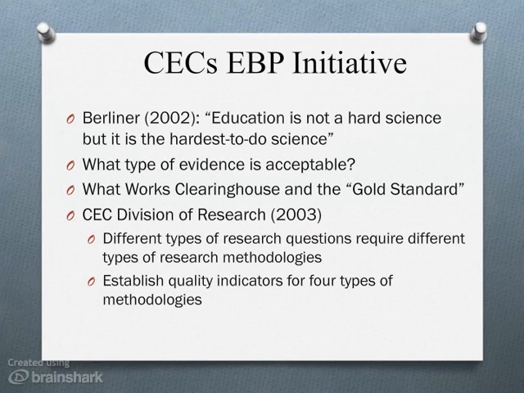and the Council for Exceptional Children decided to start looking at evidence-based practices and determining what type of evidence was acceptable for meeting these standards for what qualified as effective, as evidence-based. And so the Council for Exceptional Children went through the four methodologies, being quantitative, experimental, quasi-experimental, as well as qualitative and single subject, and wrote out indicators for all four types of these methodologies